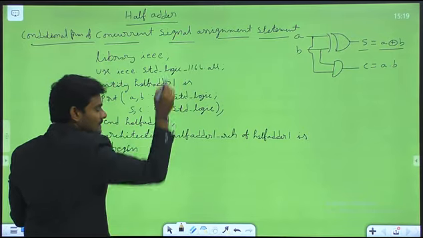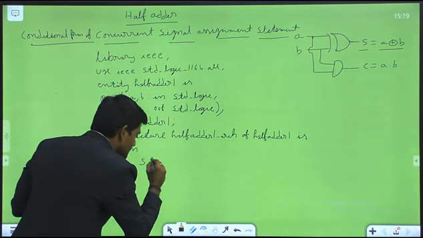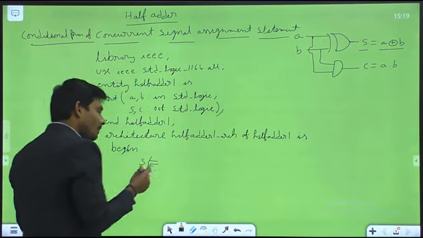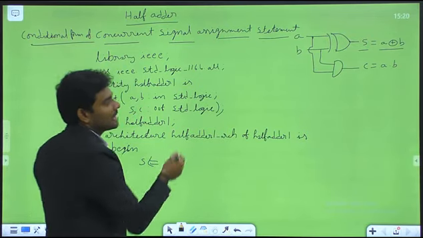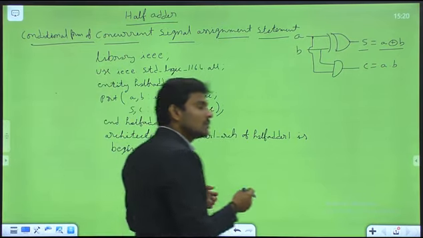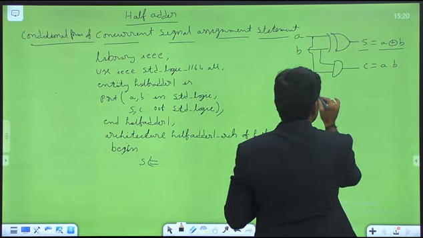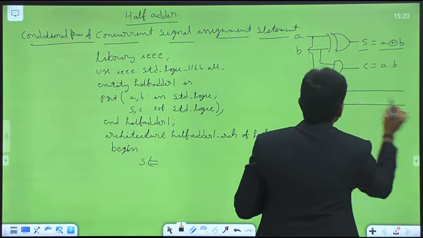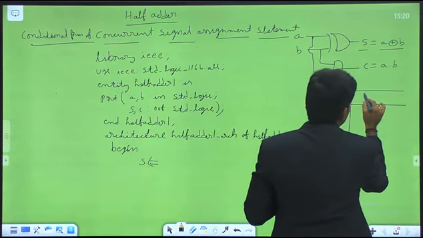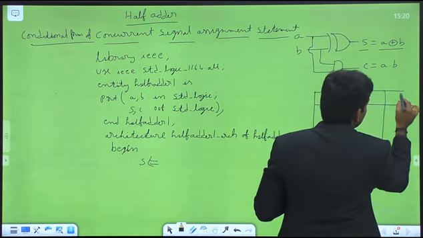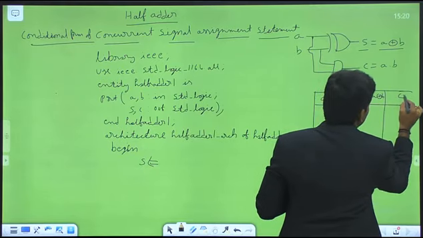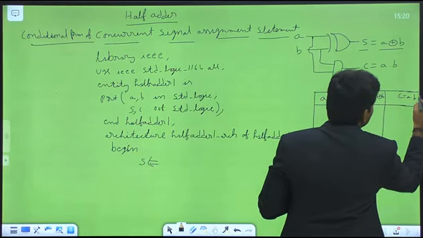Anyway, the outputs are sum and carry. First I consider S, less than or equals to expression. What is the value we are supposed to assign over there? For that, it's better to write a truth table. Here I am mentioning the truth table for sum and carry, where sum is A XOR B and carry is A dot B.